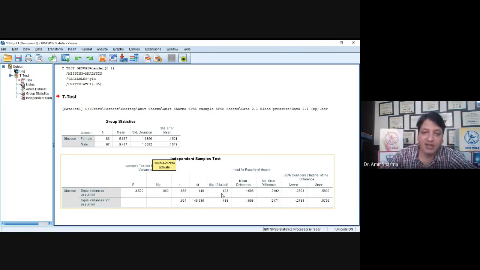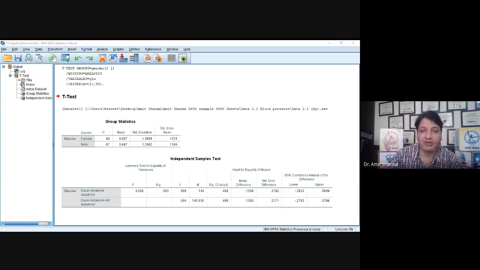There is no difference in the mean of both the groups, because the mean difference was found very small, that is in decimals, 0.15. So if you have a larger mean difference, you will find a significant value which is less than 0.05. So like this you can do it manually as well as with the help of the SPSS software.